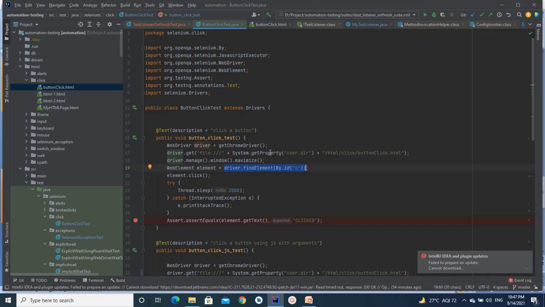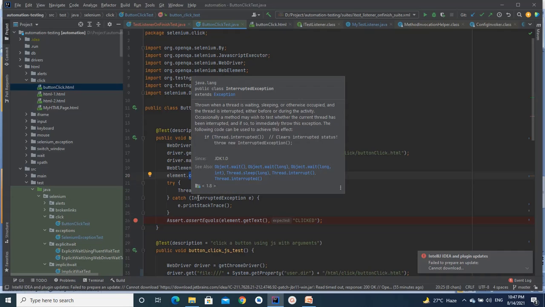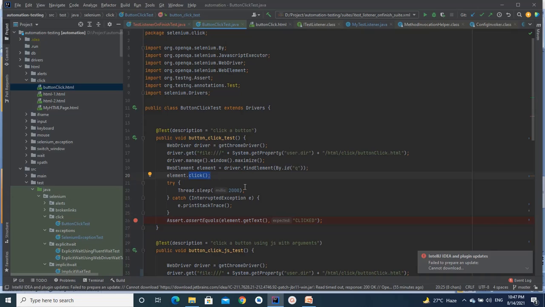As we know, the button has an ID attached, so I'm finding it by ID. So we will get that particular button. Now using that button, I can call the method called click.